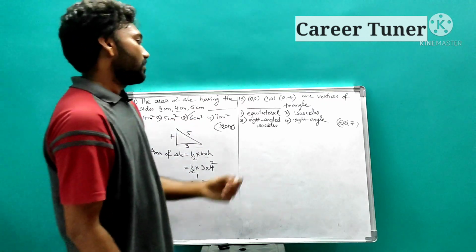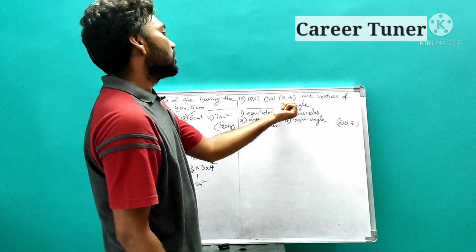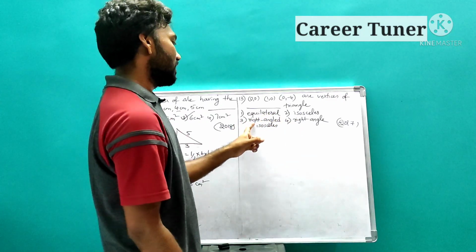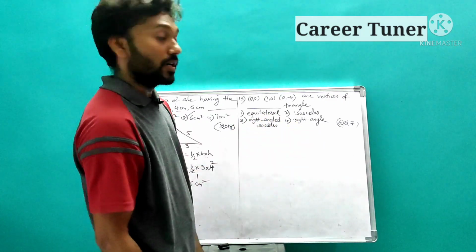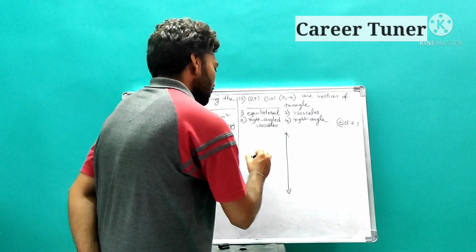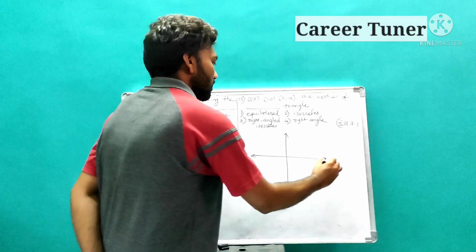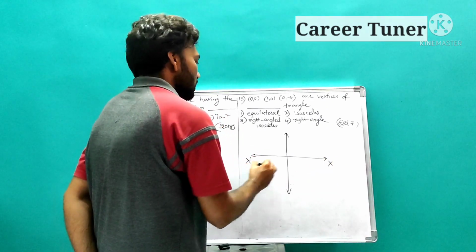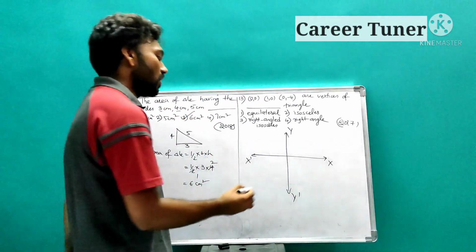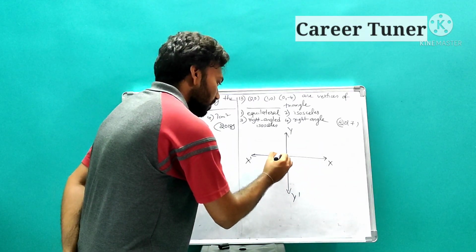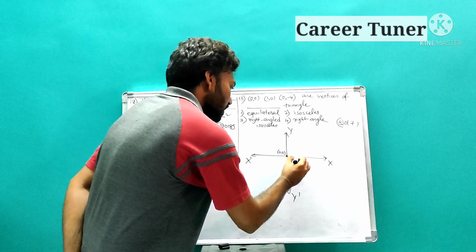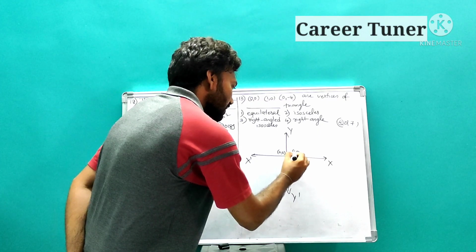Now coming to the next question. So (0, 0), (1, 0), (0, -4) are the vertices of the triangle. Then what type of triangle is it? Equilateral, isosceles, right angle isosceles or else right angle. So let us check it out. Now for the sake of easy identification, let us take the coordinate axis. This is positive x, this is negative x, this is y and this is y dash. Now (0, 0), where will it be? It will be here. So it will be the (0, 0) point. And next (1, 0), x is 1 and y is 0. So the point will be on the x axis.